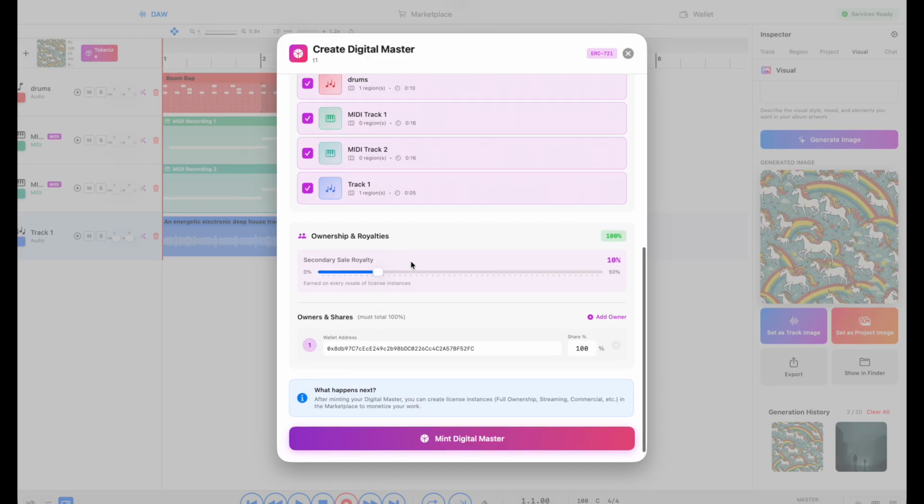Down here is secondary royalties. So one of the problems we're solving, again, you own your digital masters, but then you want to sell it in our marketplace. Well, how does that work? Well, whenever you sell it, your digital master, again, is an ERC 721. As you can see here in this screenshot below, you can have multiple owners and you can give them different percent of